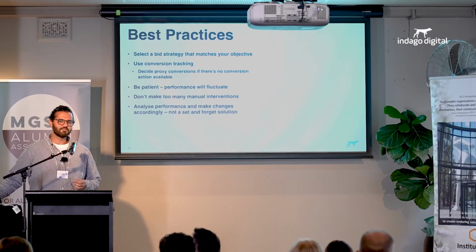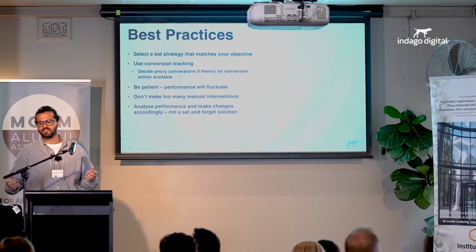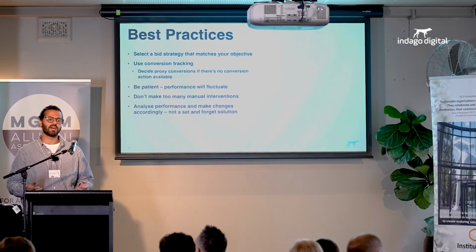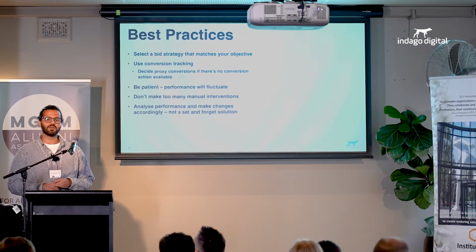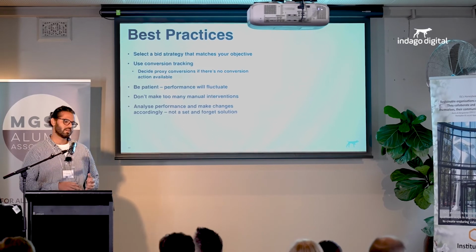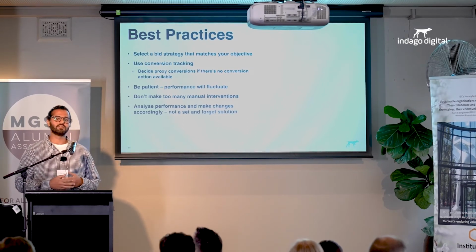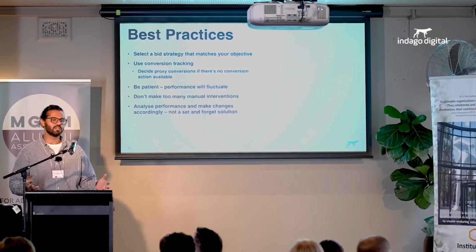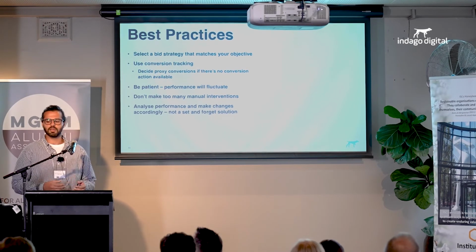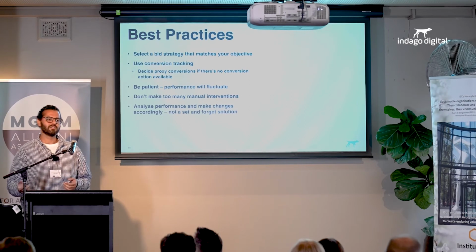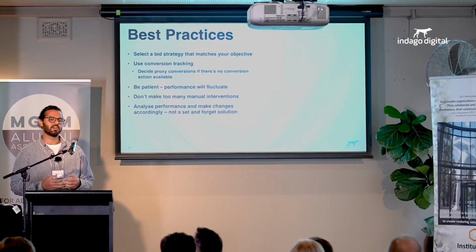As I said, it's not a set and forget solution, so you can't just let it run wild. You have to come into the platforms and check what it's doing. Some of these systems are very good to a level where they'll recommend what the target should be. So for example, if you selected a target cost per acquisition type bid strategy and your target was 500, and the bid strategy worked out that it can provide you conversions at 450, it will tell you that. It will say you can get this many conversions at 450, and you should look at it and change accordingly.